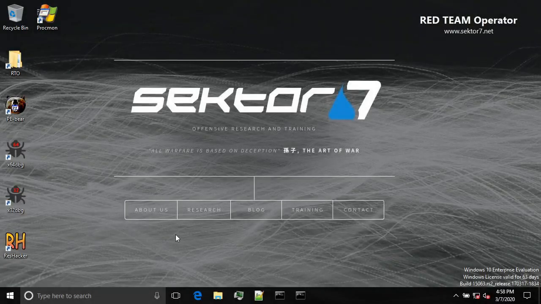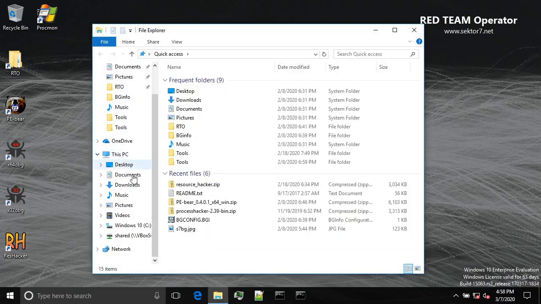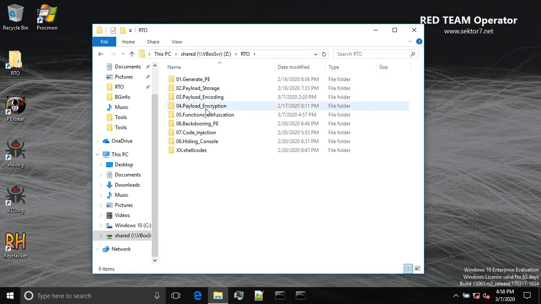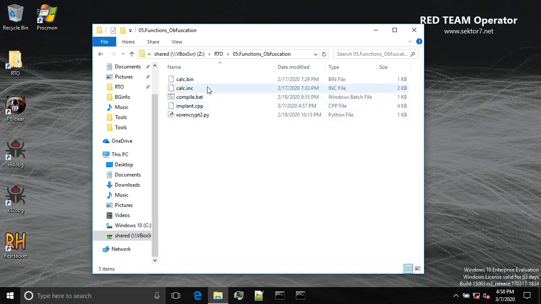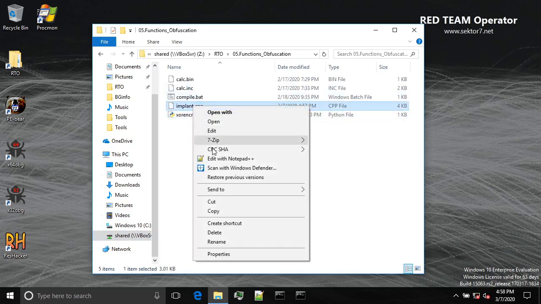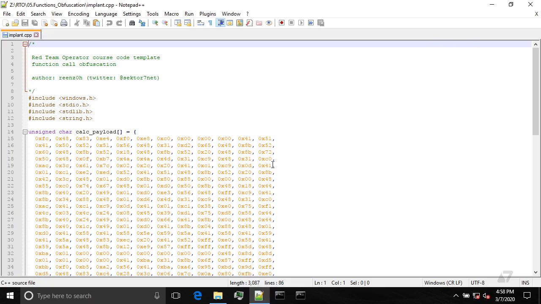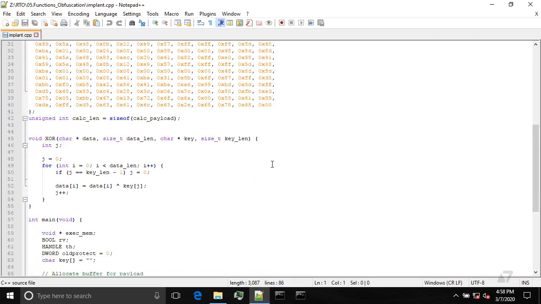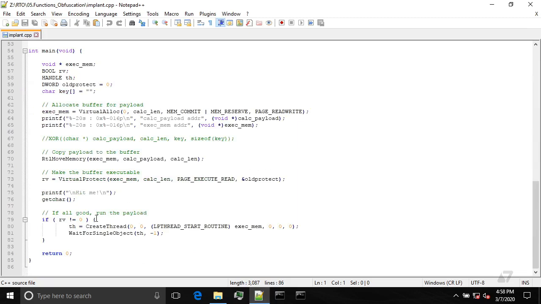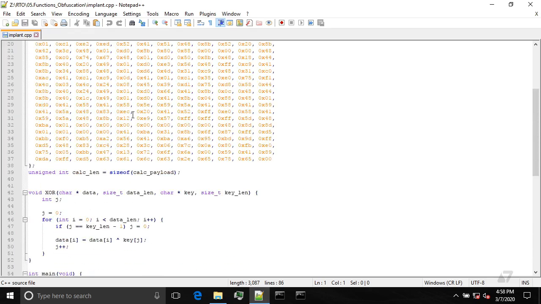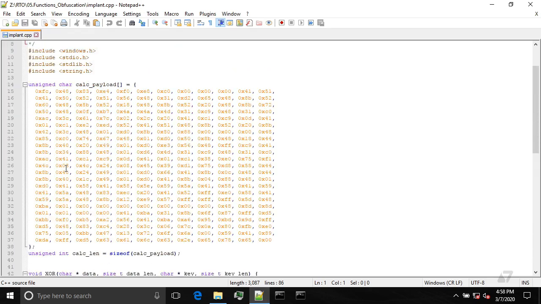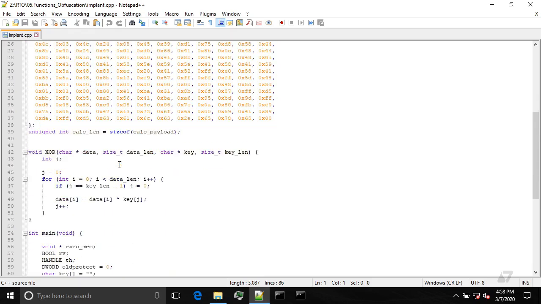So let's see how we can practically use function call obfuscation. We go to our function call obfuscation folder, and let's take a look at the source code. This template contains pretty much very basic code for executing shellcode. Our code calls shellcode. It's not encrypted, it's not encoded, it's plain shellcode defined as a global variable, and